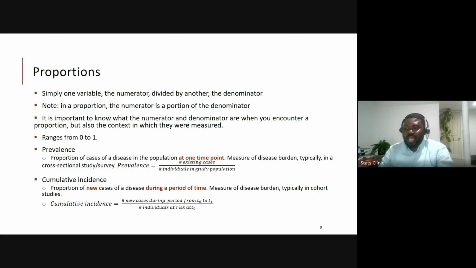They are not new cases and they are not at risk anymore. For cumulative incidence, we're interested in, among those who are at risk, how many had the disease this year. If they already have the disease, they don't belong in the denominator.